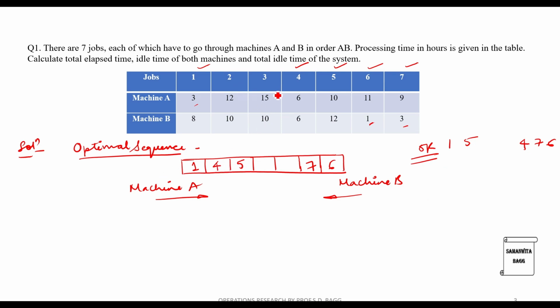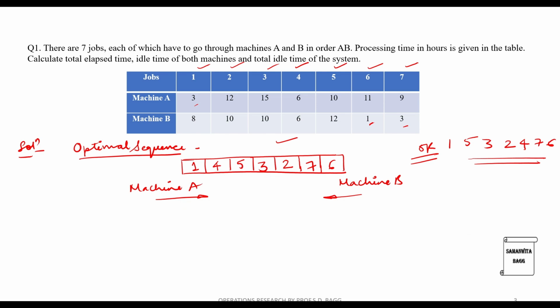Now what is left is 2 and 3. It is 10, 10 minimum, both on machine B. So I have 10 and corresponding 12. So this will be given preference towards B. So 2 is here. Same way 2 is here. This is done and the last remaining is 3. So 3 can come here. So this sequence is also possible. And if you solve, you will get the same answer by using both sequences. I am going to use this sequence.